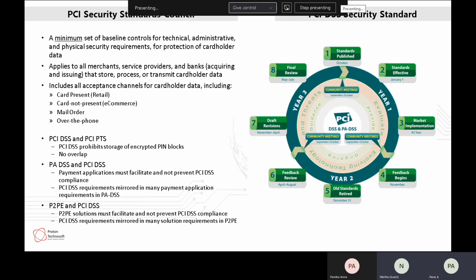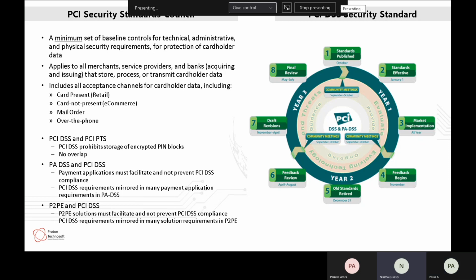So for example, if I as an organization want to implement PCI today, in May 2021, I will go to the Security Council's website. I will download whatever is available there, which is 3.8.1, and I will use that standard. In October, when a new standard comes out, I have an opportunity to either upgrade to that standard or retain my existing standard for another year. That opportunity I have in year two.